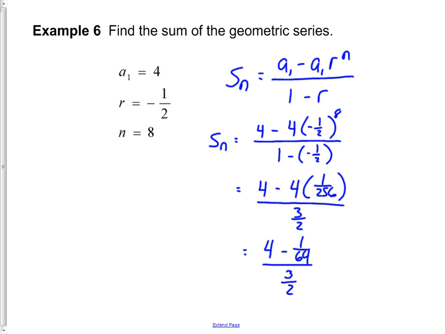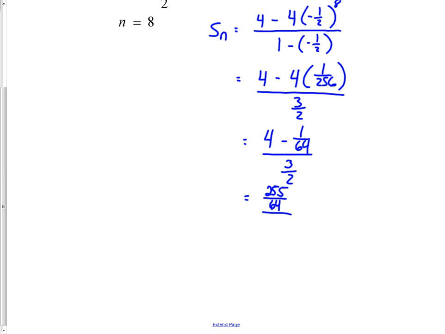This would be 4 minus 1 over 64 divided by 3/2. That's going to be 4 minus 1/64 would be 3 and 63/64. So 3 and 63/64 as an improper fraction would be 255 over 64. And then I need to divide this, let me extend the page here, by 3/2. Well, dividing by a fraction is the same as multiplying by the reciprocal. So if I multiply by 2/3 here, I should get